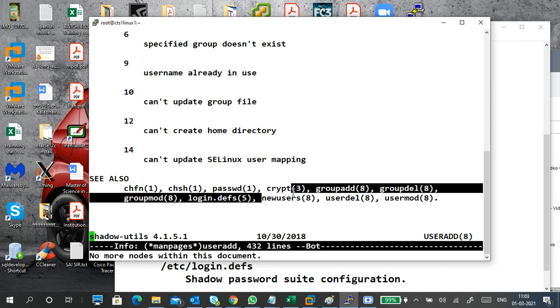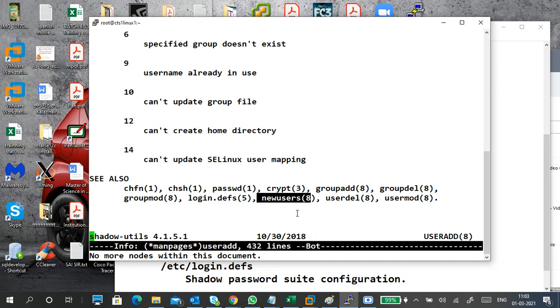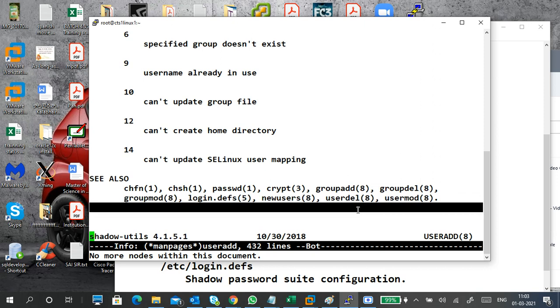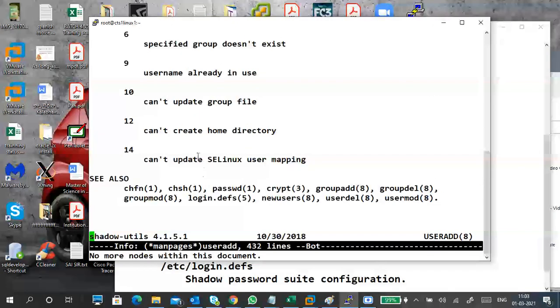That's login.defs, which means it's defining how to login. That file represents that. Conf means configuration, def means defining. New users, like these are commands or maybe files. Okay, fewer commands, fewer files only. So if you see,